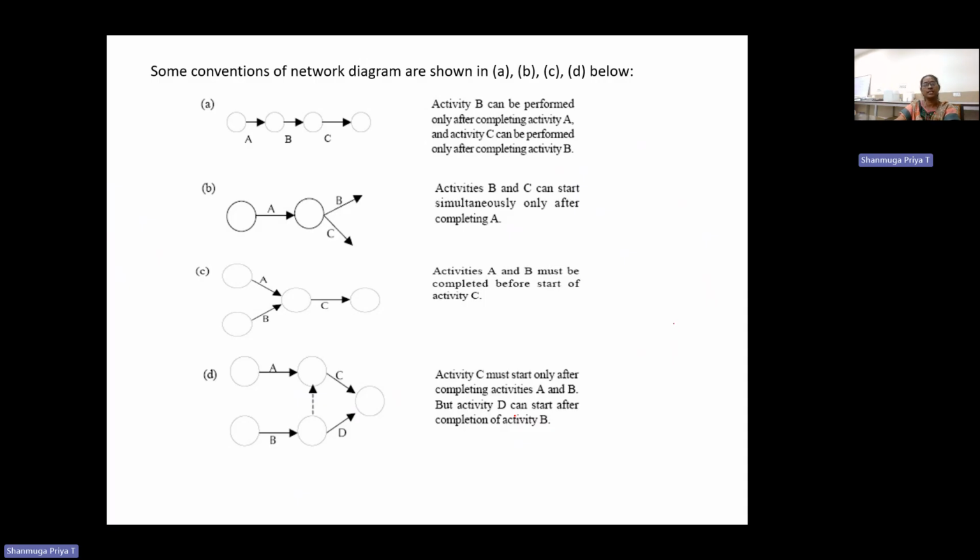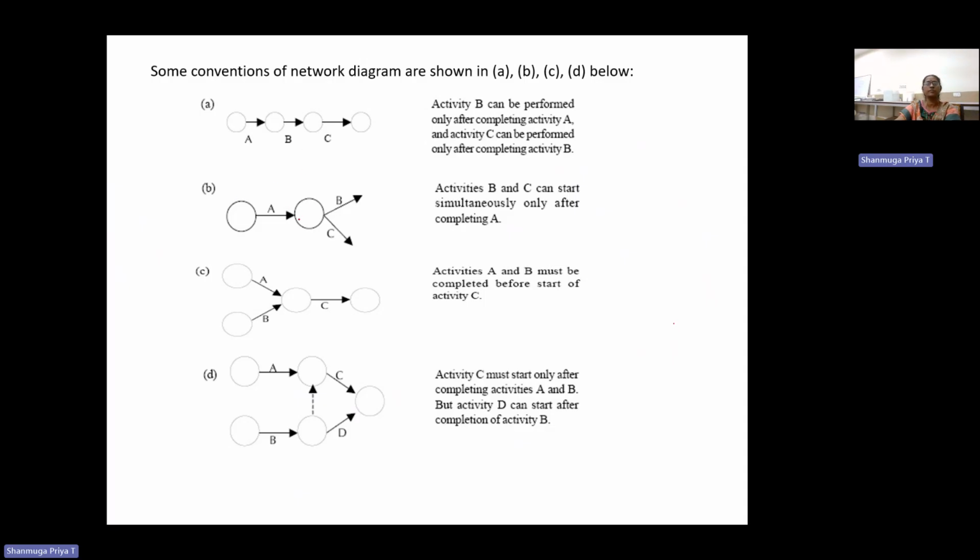For example, A is an activity, B is an activity, C is an activity. B can be performed only after completion of activity A, so we can represent it like this. A, B, C is a continuous activity. Activity B can be performed only after completing activity A. Activity C can be performed only after completion of activity B. Similarly,